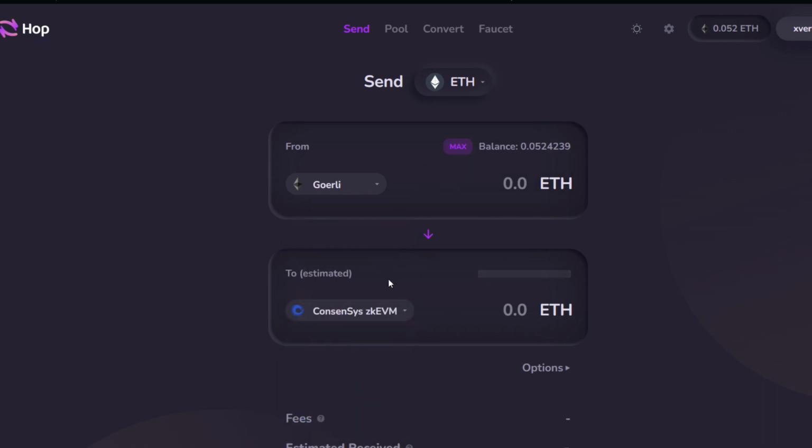Okay, if you have done activities before this time, definitely you should have some funds in these two different networks. But because we are using Hub Protocol, we need to do some interaction as well. Go ahead and enter the amount of your choice you want to bridge from Goerli ETH into the ConsenSys zkEVM. I'll bridge